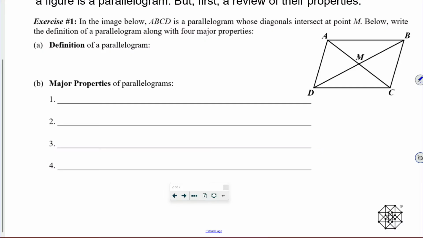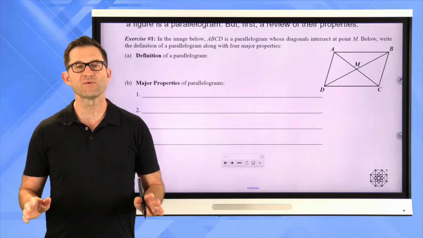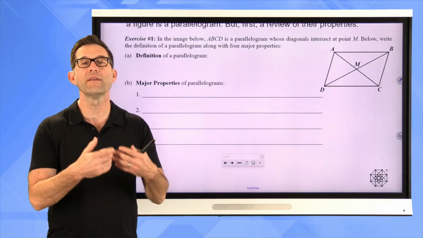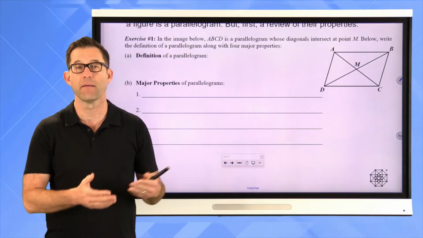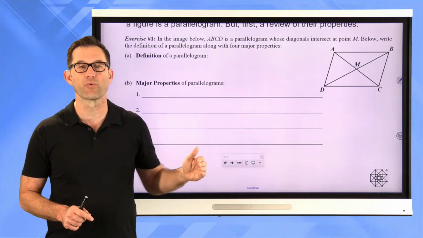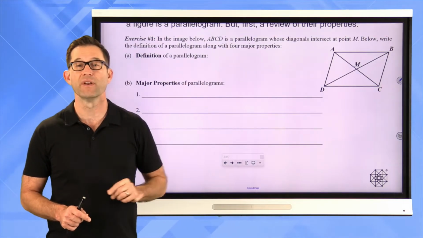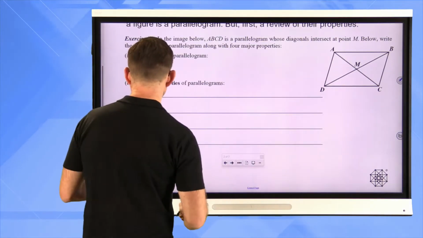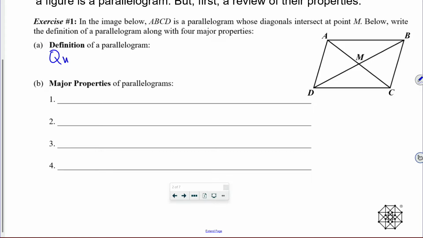Exercise number 1. In the image below, ABCD is a parallelogram whose diagonals intersect at point M. Below, write the definition of a parallelogram along with 4 major properties. It's really critical because there is the definition of a figure, literally how we define what makes something a parallelogram. And then there are the properties, additional things that are true about the figure based on the definition. So, the definition of a parallelogram, make no doubt about it, is that it is a quadrilateral